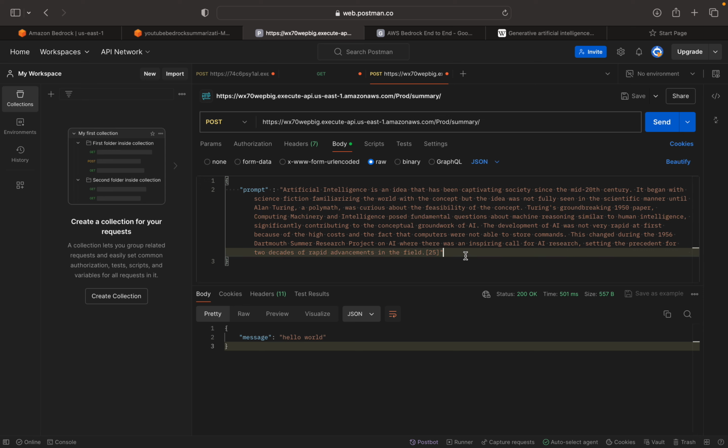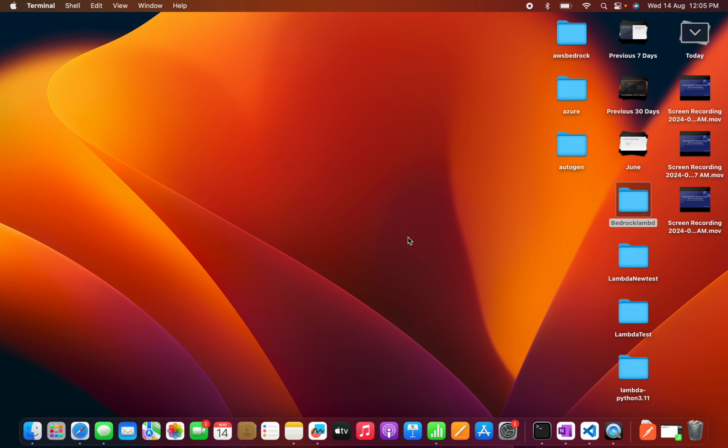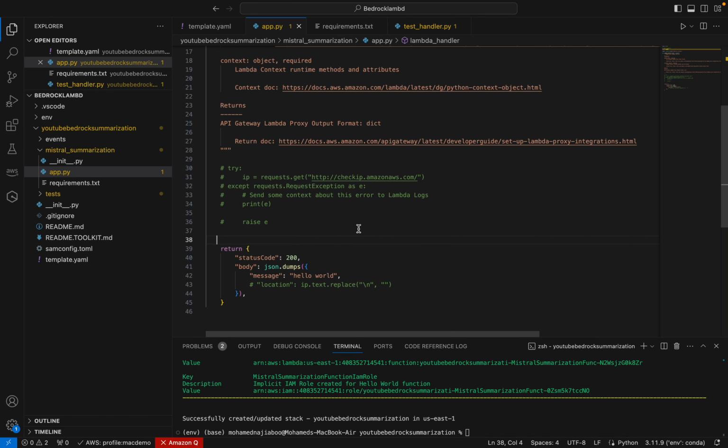Okay, so I will be sending this particular prompt to the AWS Bedrock or to our API, and we need to summarize it. Okay, so that is our task. So what we will be doing, we are expecting a prompt command here. So we need to extract this in our AWS Lambda function. For that, what we will be doing,